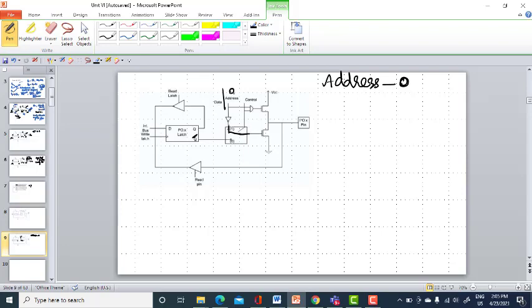Now this address is 0. When address is 0, this is 1 and this is 1. When this is 1, this is on. This is on means T2 is grounded, and here the control signal has to be 1. So 0 and 1, again this will be 0, this will be off. This is off, wherever this is grounded, now 0 will be placed outside. So a control signal is generated. An address control signal is generated when it is acting as an address bus.